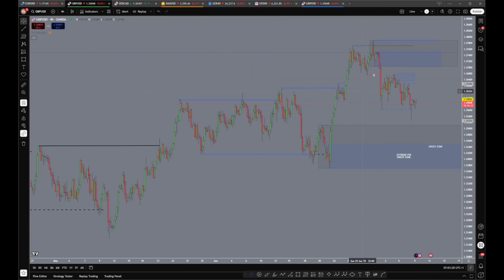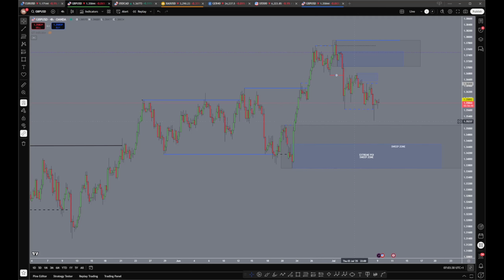If we go on to the 4 hour, we can see all of this sideways price action. And yesterday we tried to break this low. We couldn't quite break it, so we just wicked down, wicked back up. So on this time frame, we could be looking to move down into this demand, this extreme POI, which is a